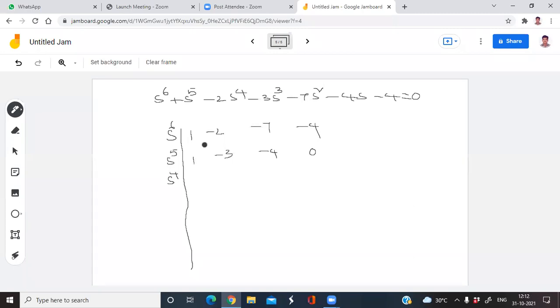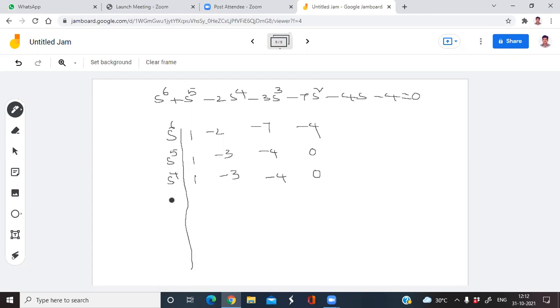1 into minus 2 minus 2 minus 2, then 1 into minus 2 minus 2 minus of minus 3, so minus 2 plus 3 divided by 1. So minus 2 plus 3 by 1, that is 1 here. What is the next element? Minus 3. So the element is minus 3 here. Then minus 4: 1 into minus 7 plus 4. This is minus 4 and 0.